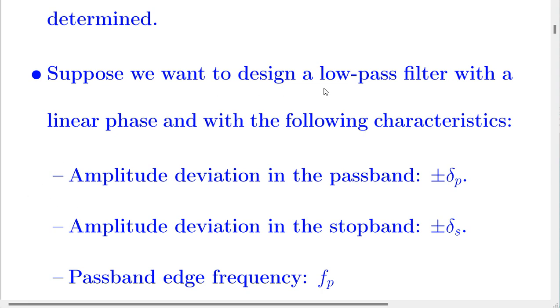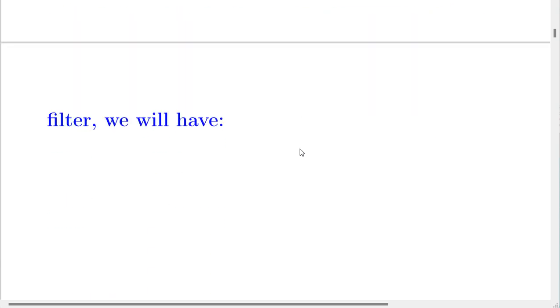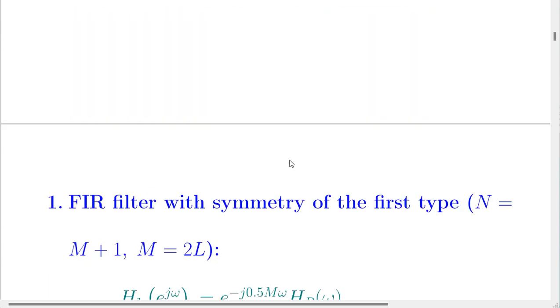Suppose we want to design a low-pass filter with a linear phase and with the following characteristics: amplitude deviation in the passband plus or minus delta p, amplitude deviation in the stopband plus or minus delta s, passband edge frequency fp, and stopband edge frequency fs, which of course for a low-pass filter is greater than fp. Considering 4 types of symmetry in the FIR filter, we will have